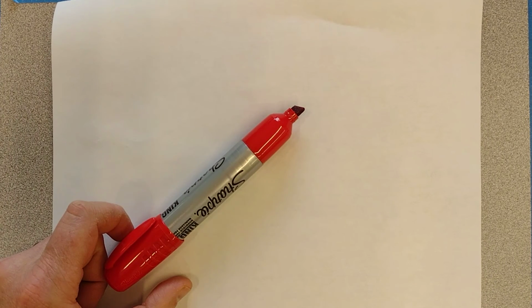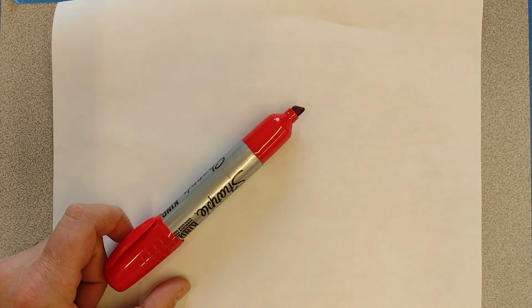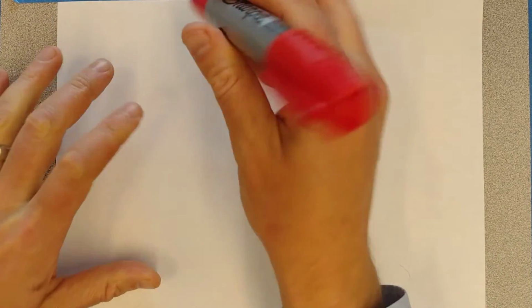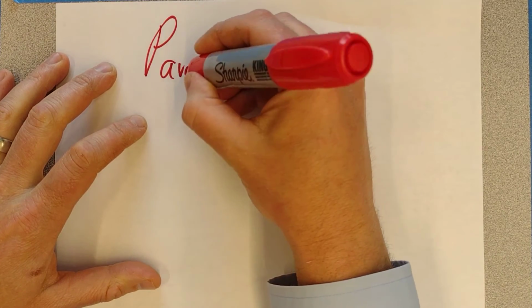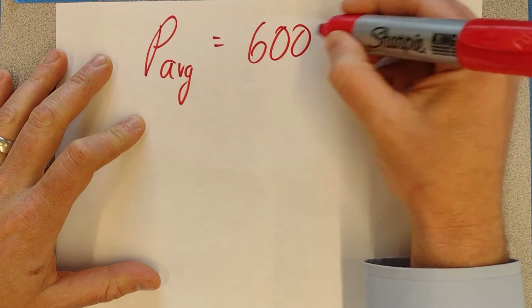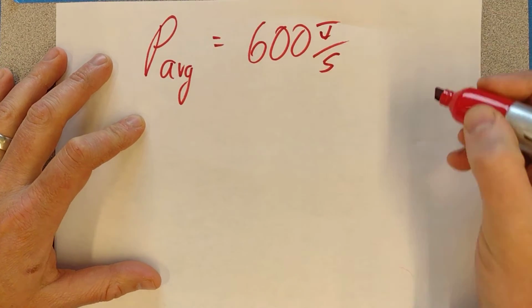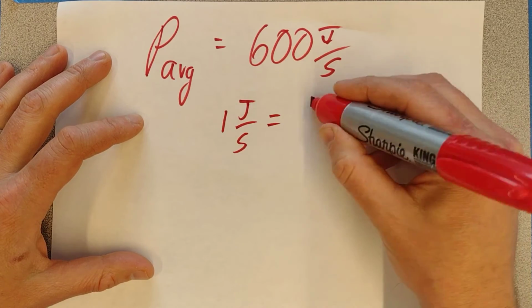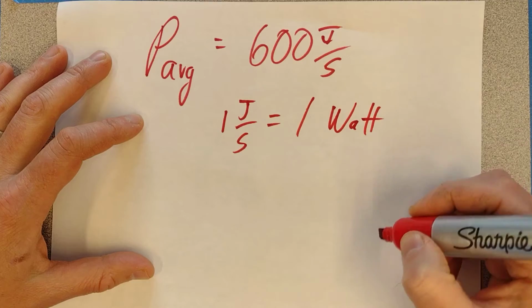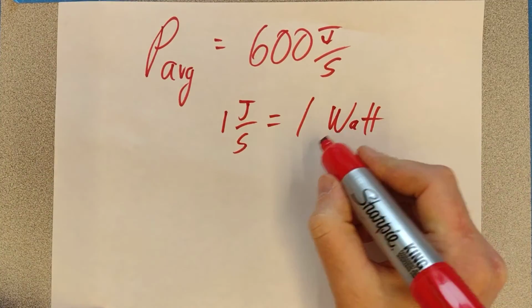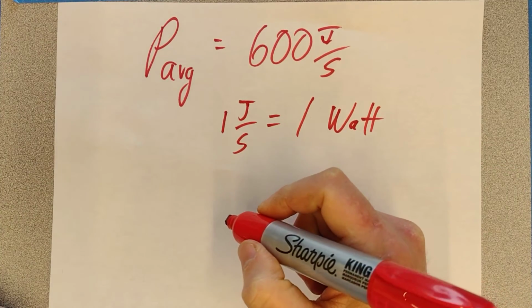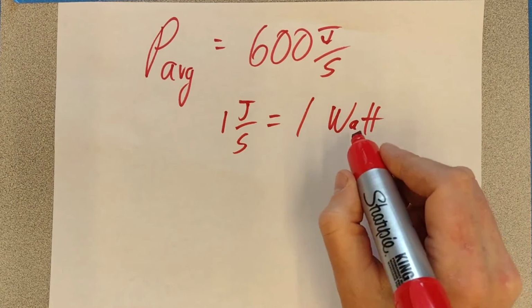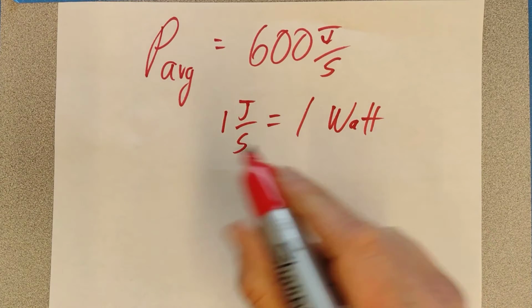Now, that's better. All right, so that was 600 joules per second. So the power, we usually say average, equaled 600 joules per second. Well, 1 joule per second is what we call 1 watt, named after James Watt. That's the unit of power. He invented the concept of power,